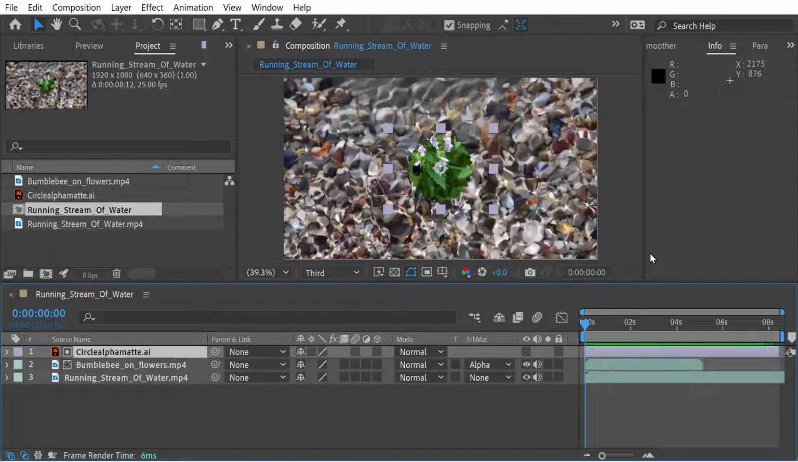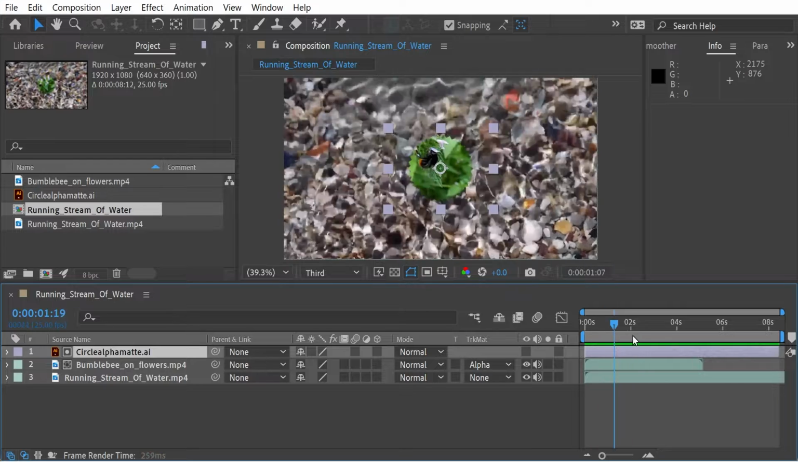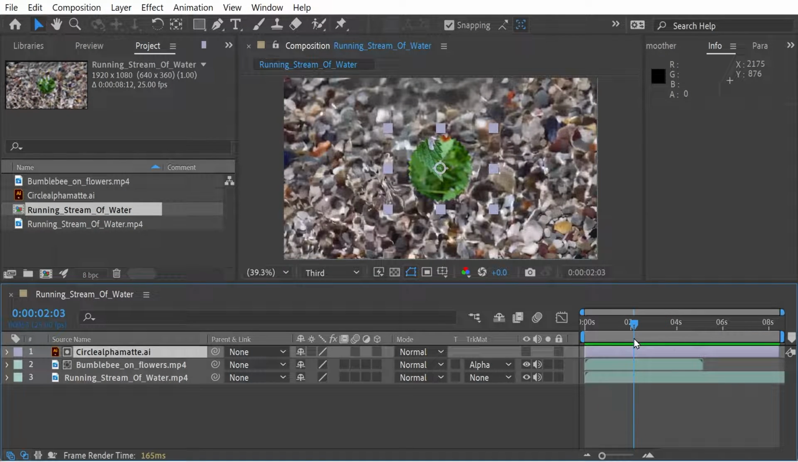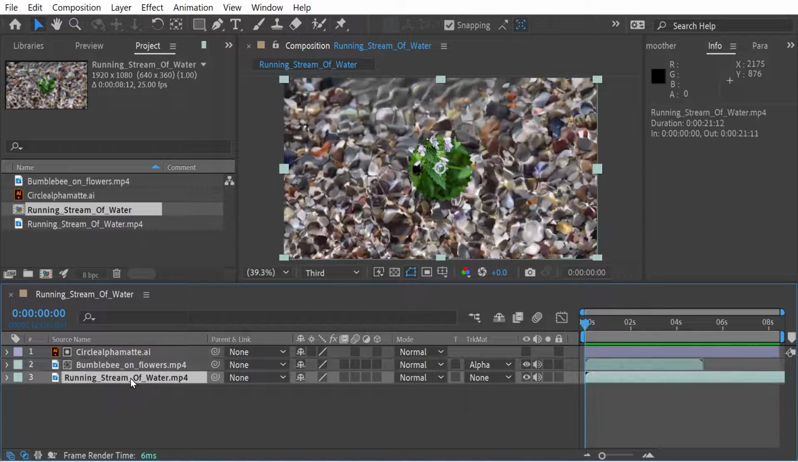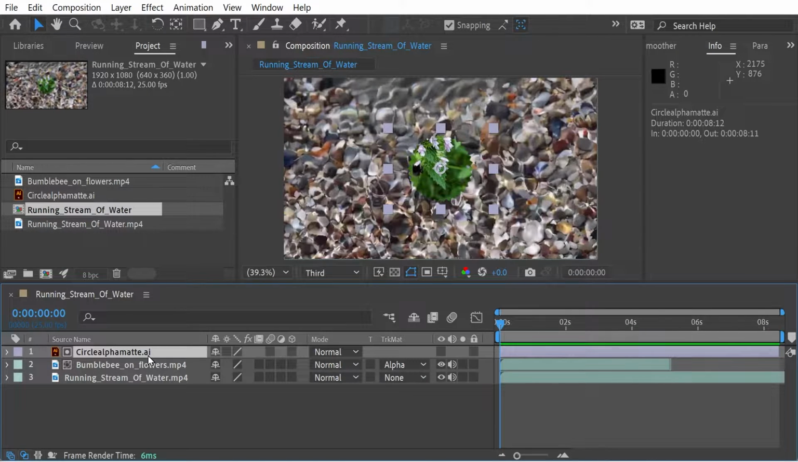So in this video, we're going to look at how to do transitions using essentially a shape from Illustrator. So here you can see I just put the alpha matte, got the bumblebee underneath, and the stream of water is the background. So one of the things you want to do with these Illustrator alpha mattes is you see this button here